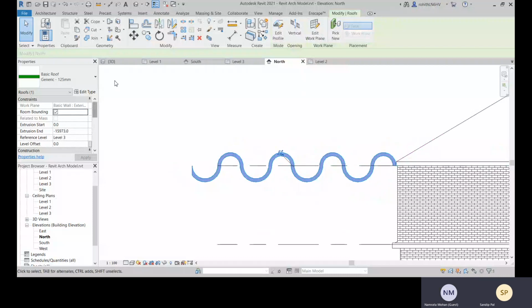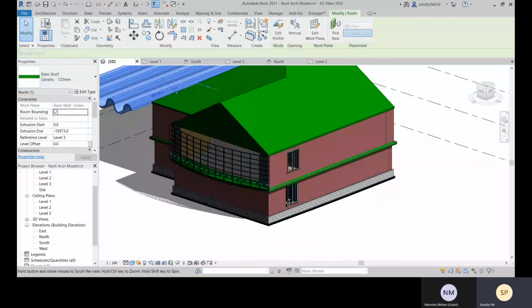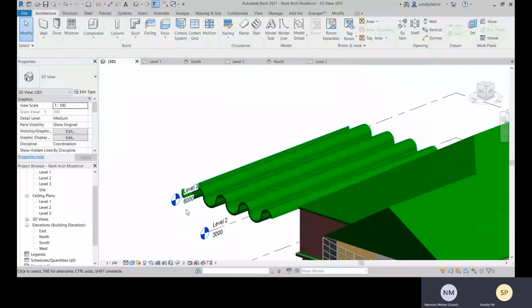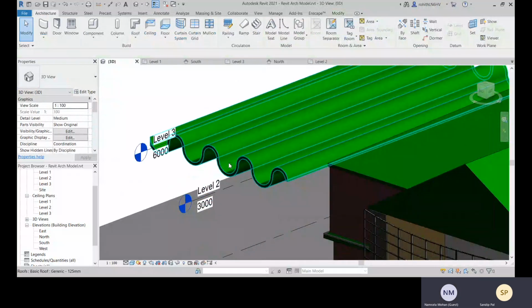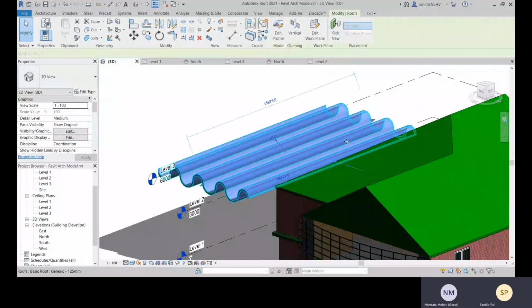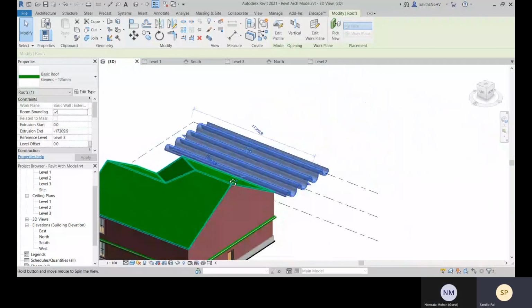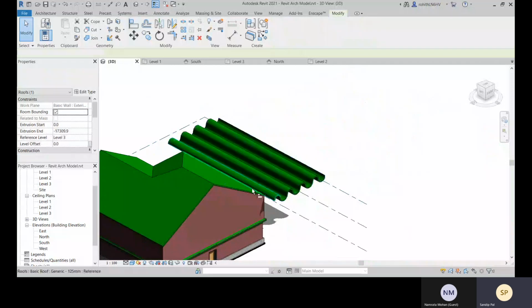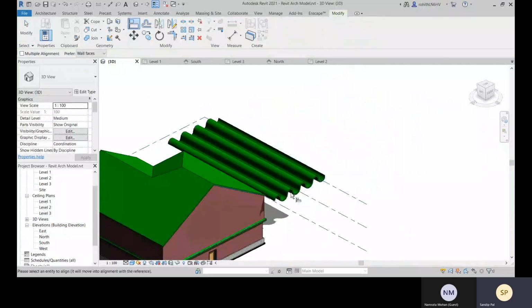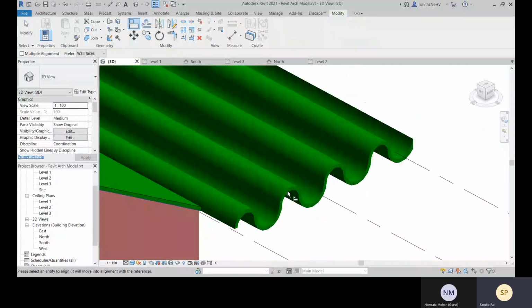This thickness is defined by the type. According to the type you will get the thickness. Okay, so see. All right, and you can change the length after this, or you can align it also with this. You can align the surface.